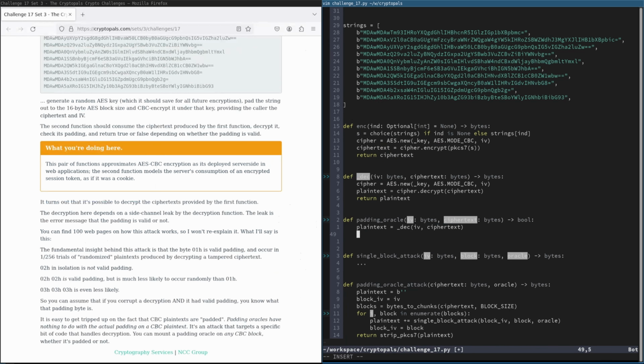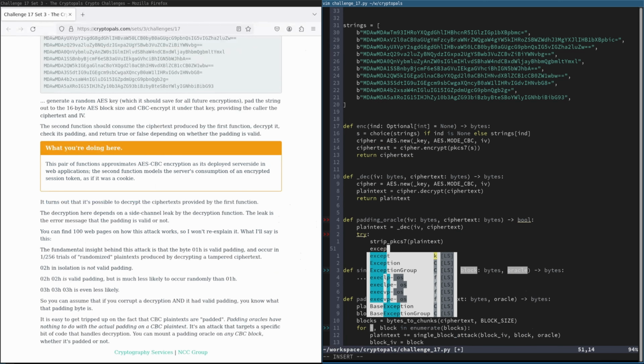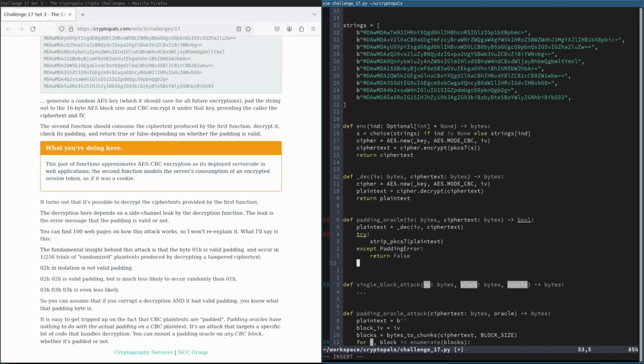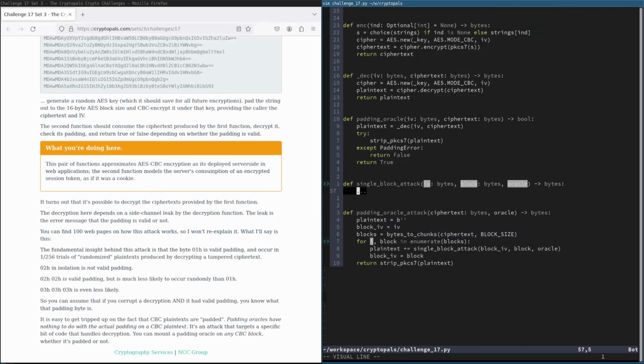This one just calls decrypt and then does some logic on the result. We're going to attempt to strip the padding, and this will throw an exception if the padding is invalid, which we then catch. And instead of propagating that, we just return our Boolean as expected. So now already the easy parts of this are pretty much done. And all we need to do is implement the magic in here, and we'll be ready to test this,